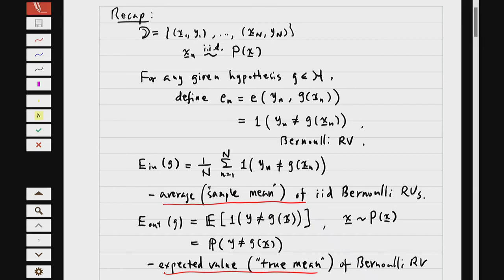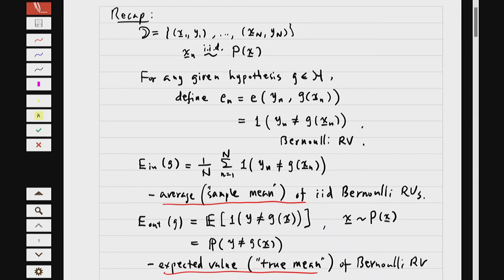We have a bunch of data points, n points. We assume that they are independently generated from the same distribution P of x, right? And then we have the hypothesis, and we want to know, is this hypothesis good or not? Whether good or not, meaning whether the training error and the test error are similar or not? So we have to define this error per sample point, because it's classification,